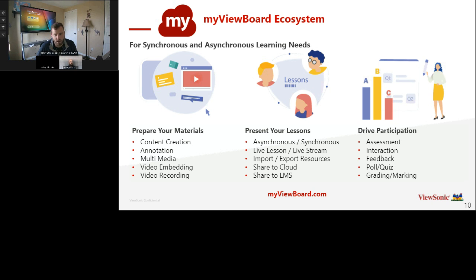And there's a ton of different options for driving participation too. We have a couple of different software versions of MyViewboard. Our online version allows students to connect directly and share the whiteboard with each other or with the teacher. And we have a ton of polling and quizzing features built right in as well. So there are a lot of tools that are really useful to both the teacher and the student.